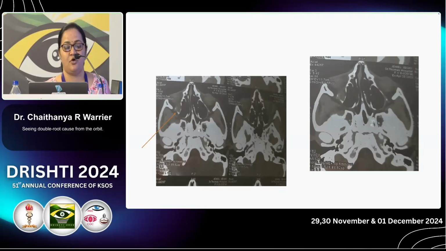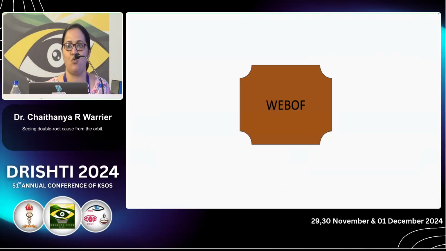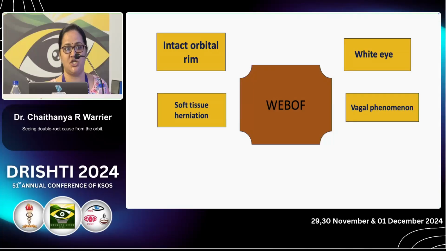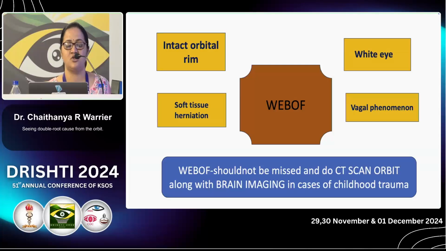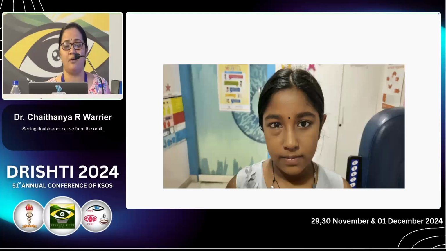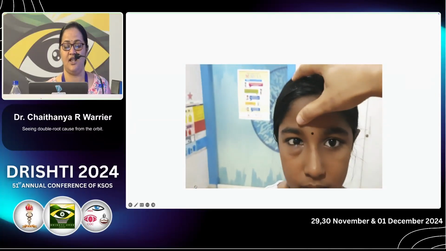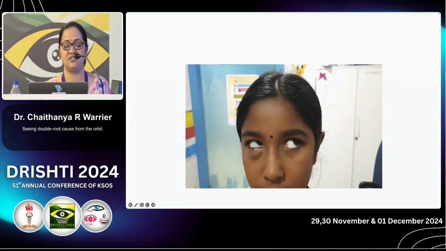So I sent her for CT orbit. It revealed an inferior orbital wall fracture with inferior rectus muscle entrapment. It's a white eye blowout fracture. Definitely the eye will be white, with intact orbital rim in children with soft tissue herniation, and vagal phenomena will be there. But for her, there was no vagal phenomenon. So in all cases, a white eye blowout fracture should not be missed and CT scan orbit is a must. She underwent orbital floor repair and in this video you can see her elevation is full and she was free of